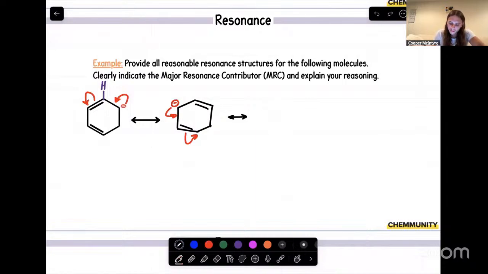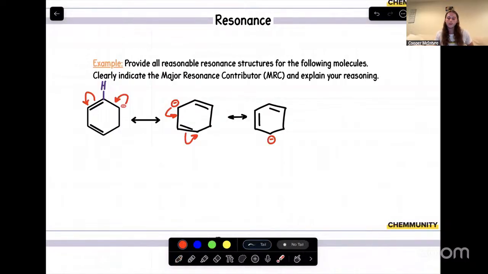So we have our pi bond from there, our new pi bond that we just formed, and right here we have our new negative charge. Now, if we were to keep going, looking at this carbon, we would not be able to undergo resonance, only because there are no p orbitals right here. This carbon is sp3 hybridized, and since it's sp3 hybridized, we lack any p orbitals for those lone pairs to move into.